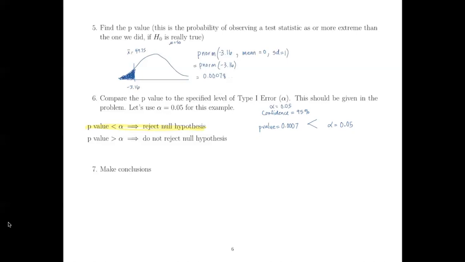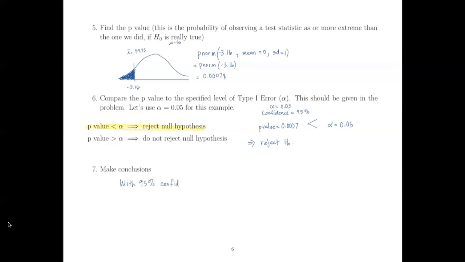So I'm going to say reject the null hypothesis. Okay, so we're going to reject the idea that the null is 50, and we're going to conclude here that there's significant evidence for the alternative hypothesis. There's significant evidence to say that the mean is less than 50, right? It was underfilling them. So I'll just say here, with 95% confidence,